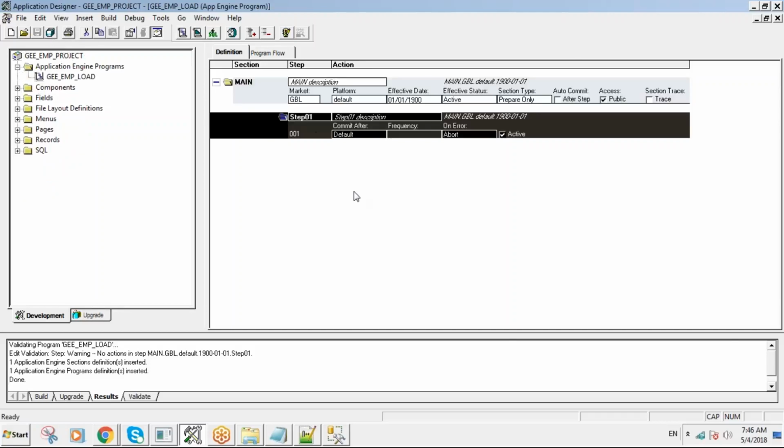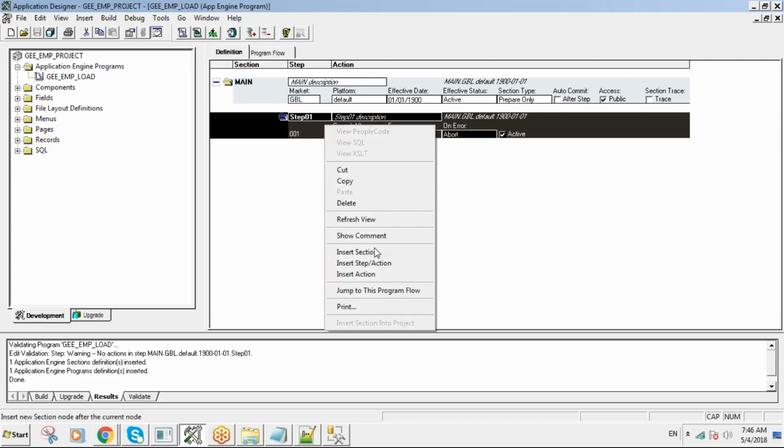Now, what do we have to do? We have a file with us. We have the staging table. We have the file layout. Generally, what will we do? To read the data from the file: open the file, get file, open the file, read the data, load the data in the staging. Generally, we have to write all this stuff. In step 1,